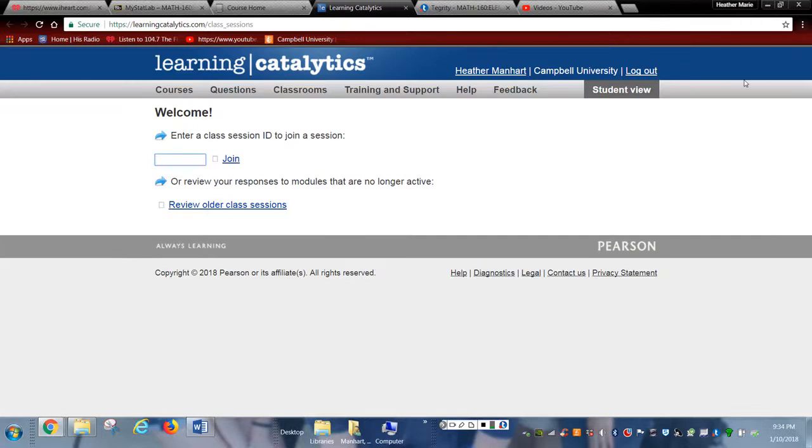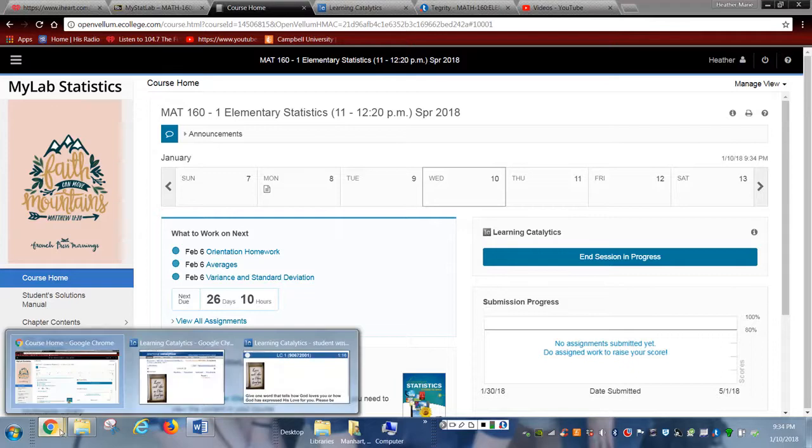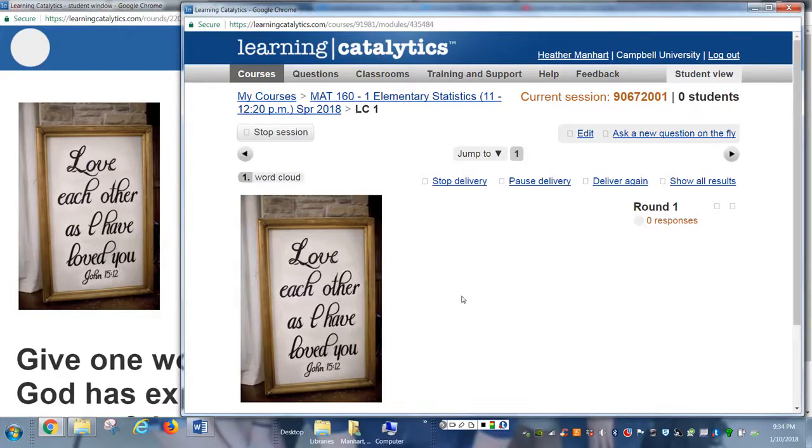Student view before you join looks like this. You may be able to click on join. Some of you may actually have to enter the session ID, and the session ID is this. So you may have to enter that into your cell phone or your laptop in order to join. And then you'll be able to submit your word, and all the words start coming in. And a lot of times I like to show you what words are coming in. I don't show you the students and their grades, but the terms that are coming in.